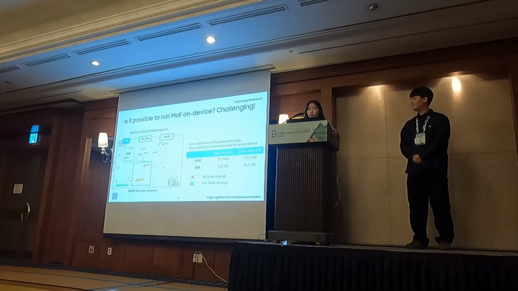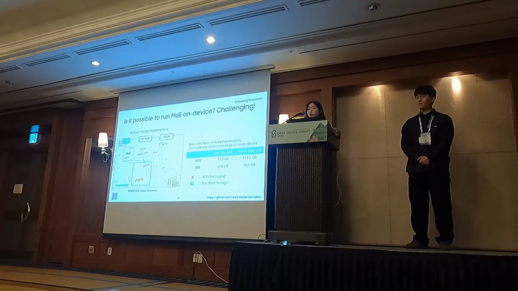This means other frameworks cannot run MOE models even though they have small active parameters. However, NNTrainer can address this challenge through its feature of flash storage utilization we introduced. These technologies leverage flash storage as an auxiliary memory, enabling a more efficient approach. Rather than loading all weights initially, NNTrainer can dynamically load only the active parameters from flash storage as